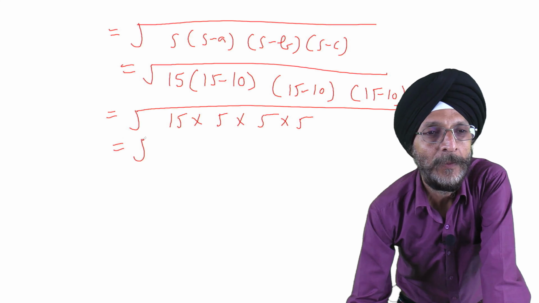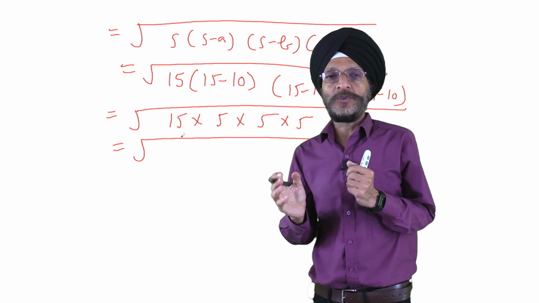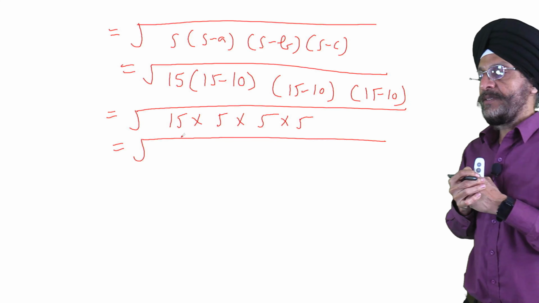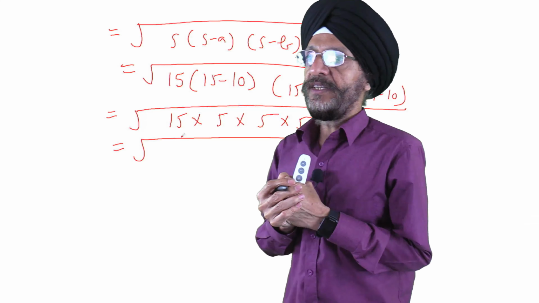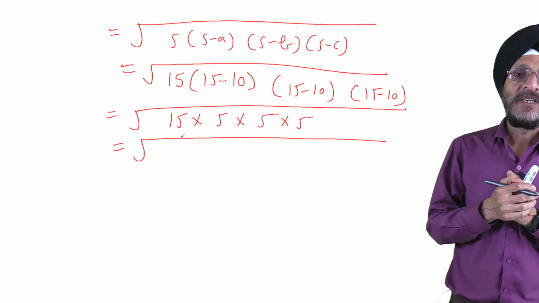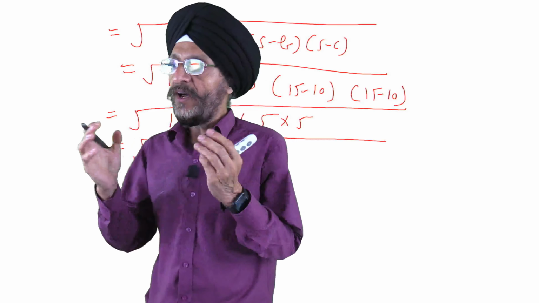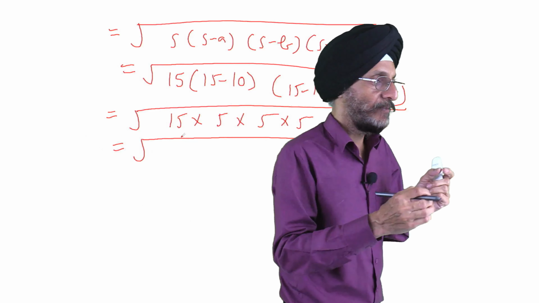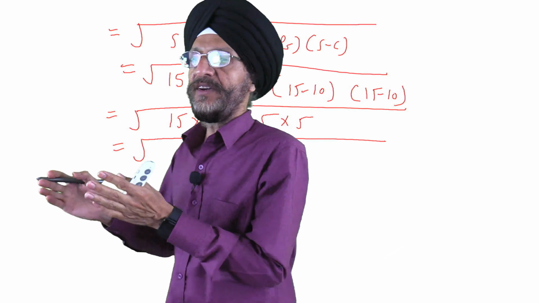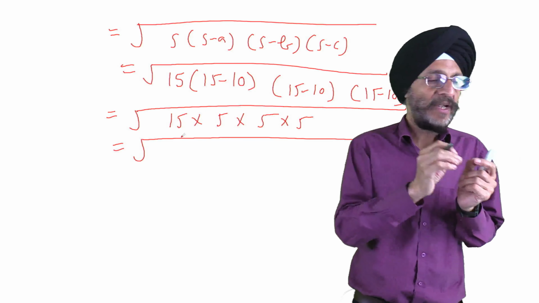We will do prime factorization of 15. As already told, prime factorization is the process in which we find the prime numbers which when multiplied give us the original number. What are prime numbers? Prime numbers are those numbers which can be divided only by themselves or by 1. We have already told you examples of prime numbers: 2, 3, 5, 7, 11, 13, 17 and so on, which can be divided only by themselves or by 1.